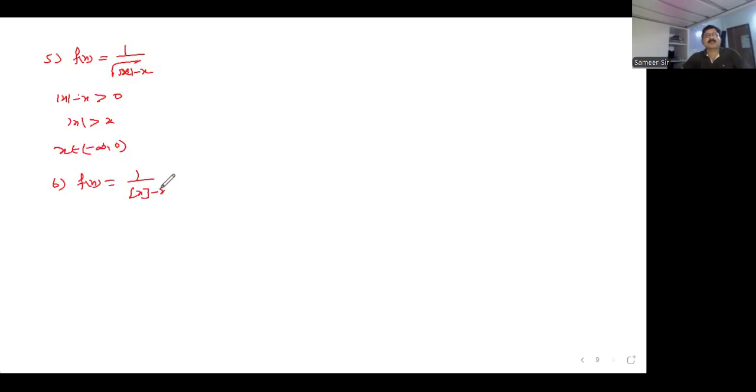अगर मैं ऐसा दिया f(x) = 1/([x] - x), ये क्या होगा यार, [x] - x शुड नॉट बी इक्वल टू 0, मतलब [x] शुड नॉट बी इक्वल टू x। कब नहीं होता वो देख लेना। तो ये इंटीजर है तो सेम होगा ना, वो इंटीजर नहीं होना, सो x बिलोंग्स टू व्हाट, R - Z इज द आंसर। ऐसा सिंपल सिंपल दे दे के समझा रहा हूँ मैं, छोटे छोटे एग्जांपल्स।